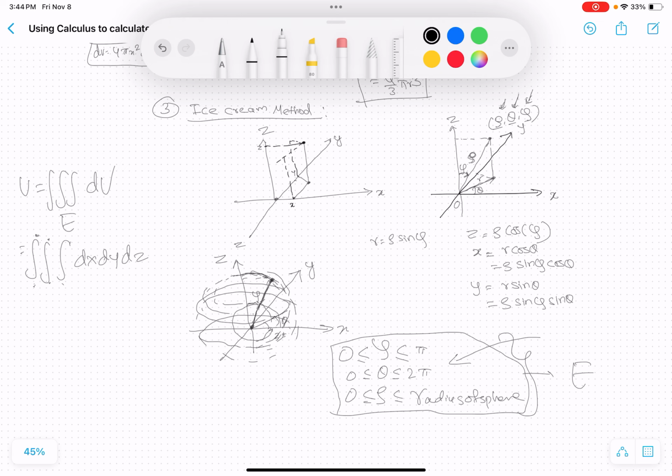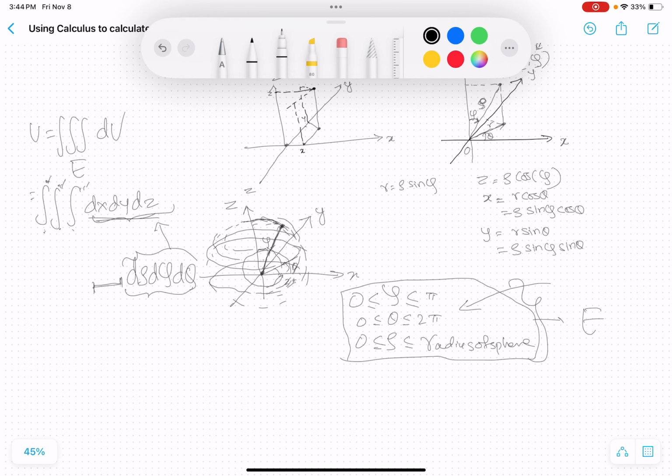But if we want to write it as, let's say, d rho d phi d theta in terms of dx, dy, dz, we will also need some scaling elements that scale this volume in this parametric system to the volume in the other parametric system. We will need some scaling elements, right? So that I can also write over here, and if we find that scaling element, we can write over here